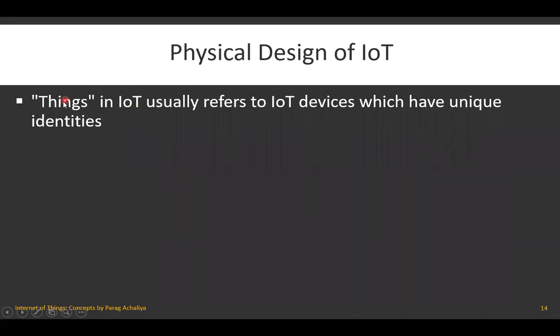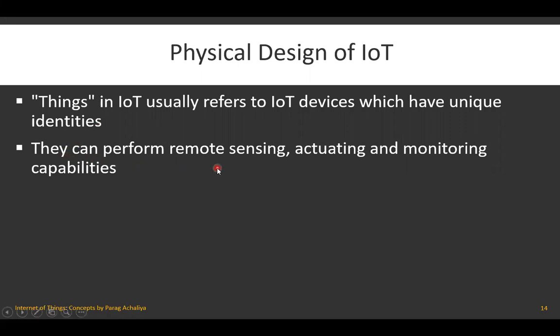So every physical object or every physical device or every physical thing in your IoT application will be identified as a unique identity because of the IP address. The IP address can be either your IPv4 or it can be your IPv6, but it will be identified with the help of your IP address, and those IP addresses for every network will be unique.